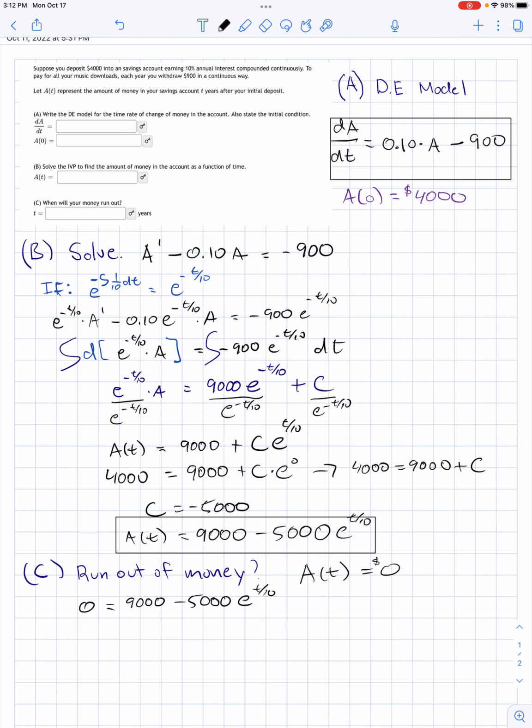I will move this to the other side to get 5,000 e to the t over 10 being equal to 9,000. Dividing both sides by 5,000, and I get e to the t over 10 being equal to, when you simplify this,